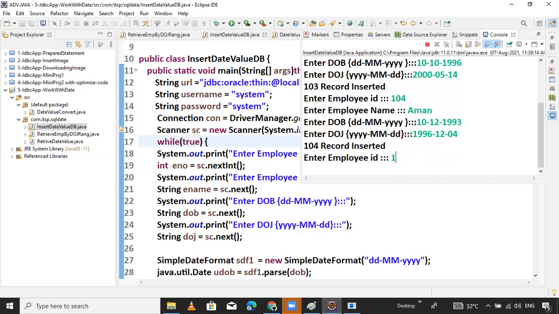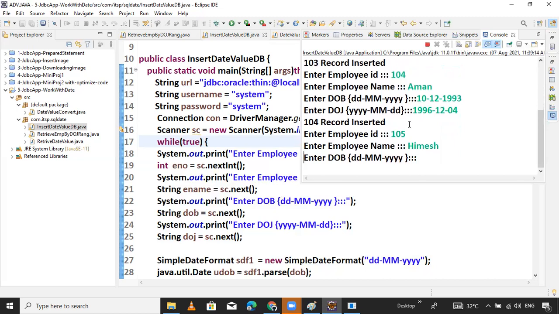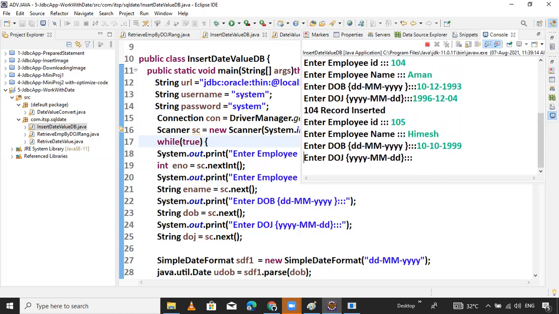That's it. Insert 105, enter date of birth 10th, 10th, 1999. That's it.